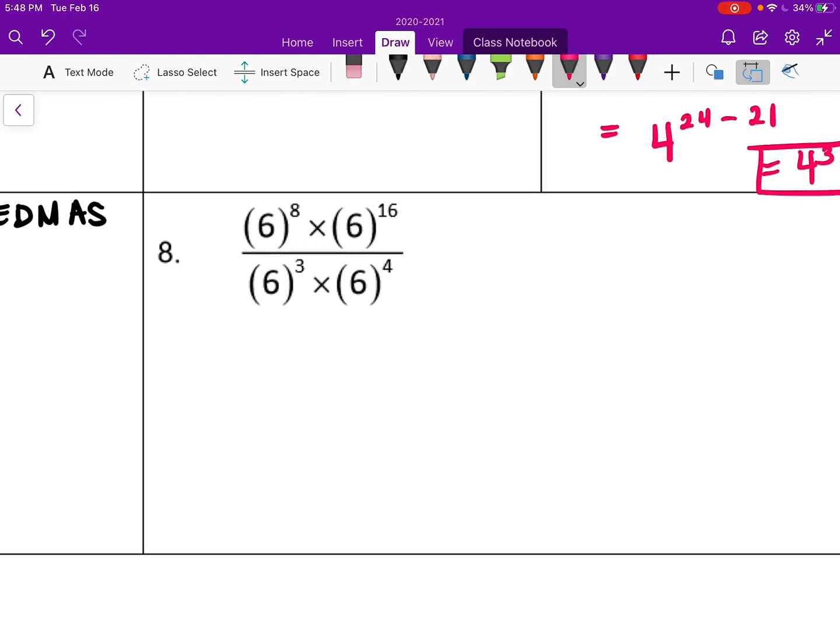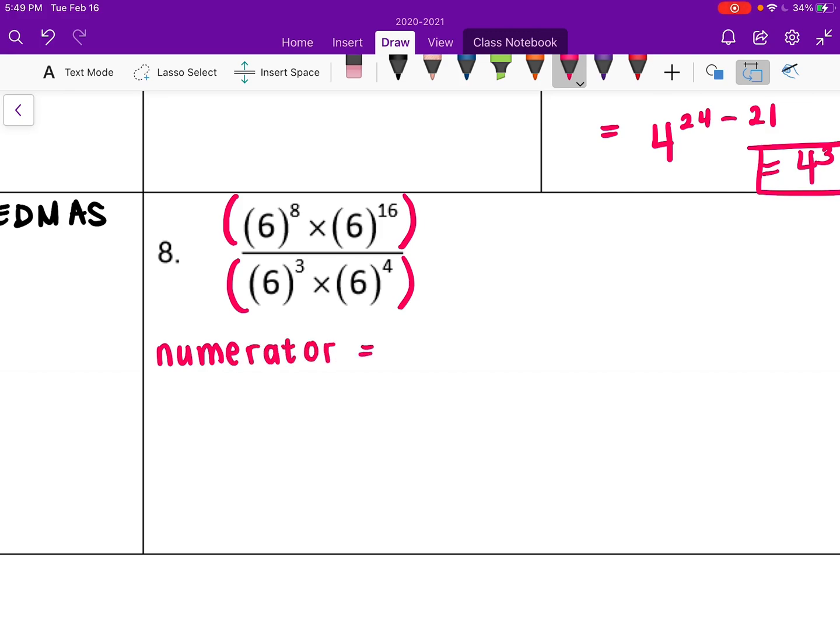Now, this is where it gets a little bit more complicated, but really you just need to remember that these are always in brackets, right? So when you have a fraction, the numerator is in its own bracket, the denominator is in its own bracket. So let's deal with the numerator first, right? Numerator